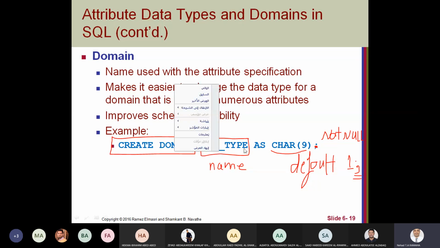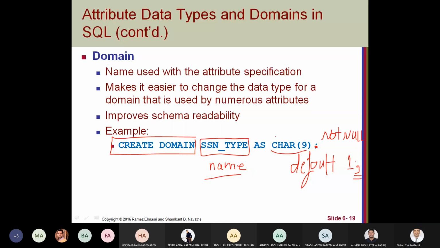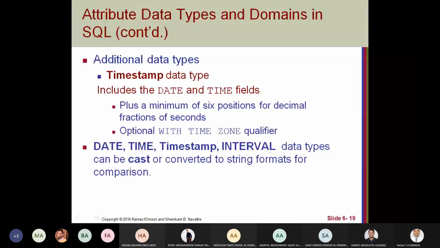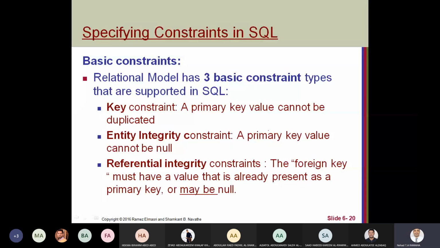For this data type or domain that we create, we give a name, and we give information for the attribute data, like the data type, size, some constraints like not null, like default. So I can control the constraint.